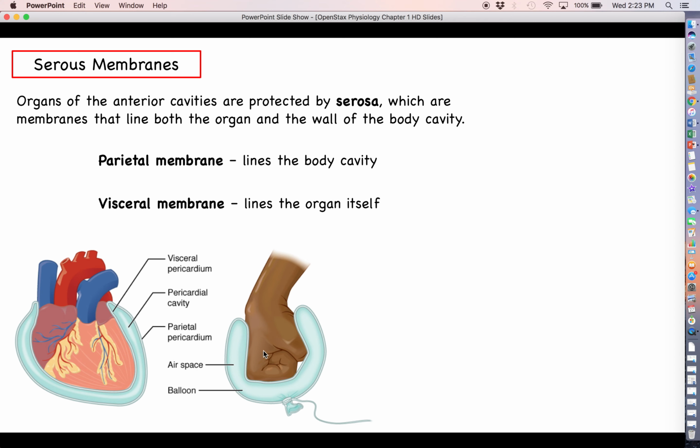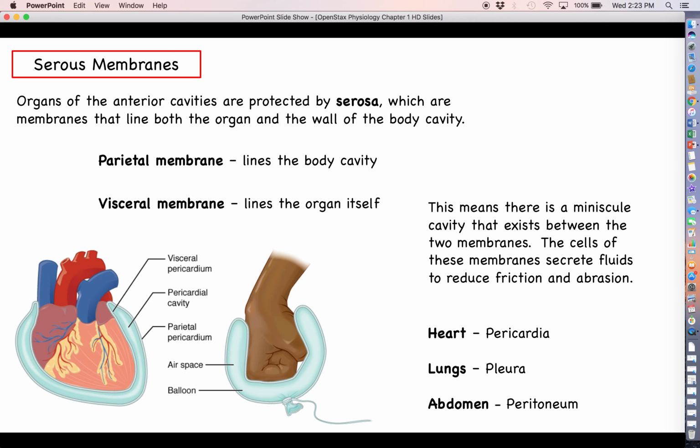So you can see that in between the two membranes there is an empty space. Now, this empty space is not going to be filled with air like it is in the balloon analogy. There's actually going to be very, very little volume there in terms of stuff that can occupy that space. There will be a small amount of fluid there,